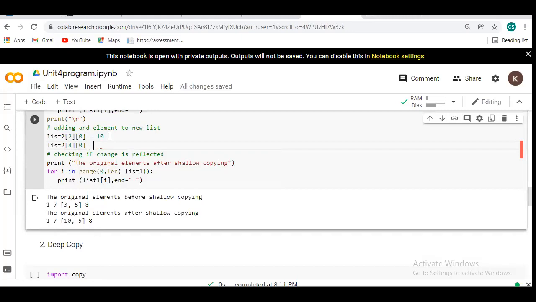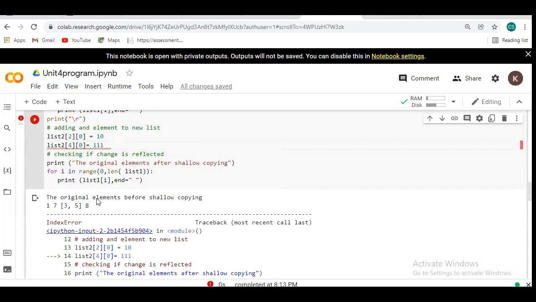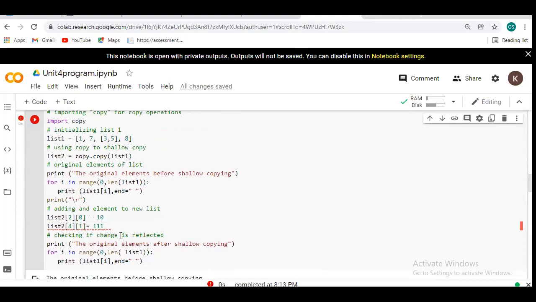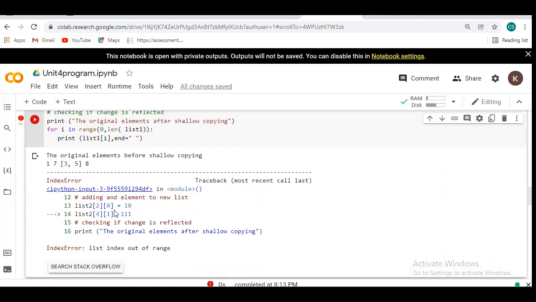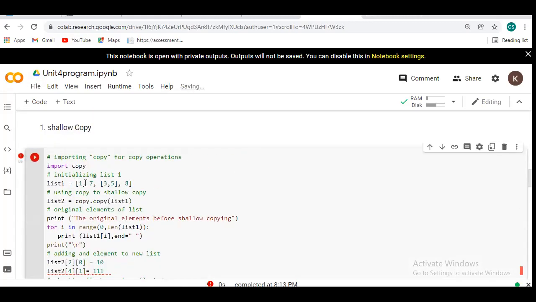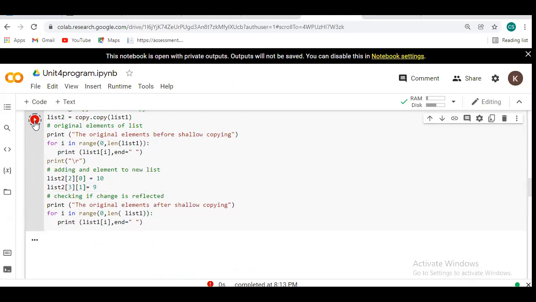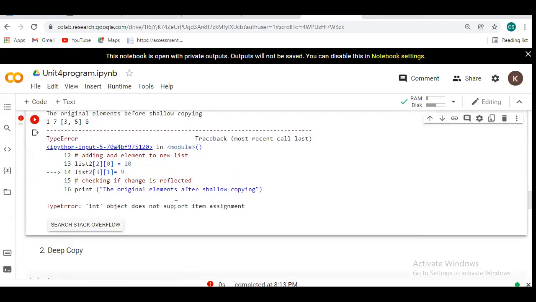And here, list of, sorry, index out of range, number 1 2 3 4 5, int object.